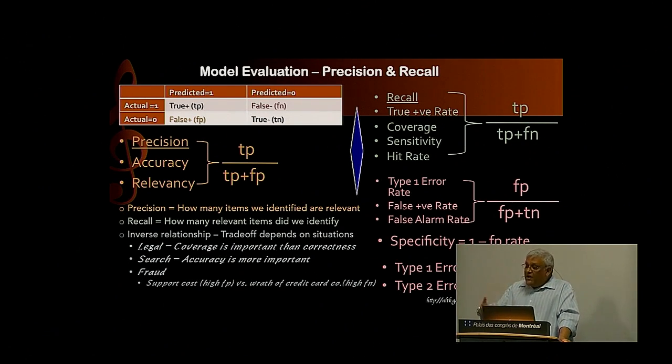Because after the discovery, they will go through those emails and figure out whether these are incriminating emails or whatever it is. It is important that you don't miss any of the incriminating emails. Even if you got a lot of emails that are junk, that is fine because you can go through those. On the other hand, like they talk about search,